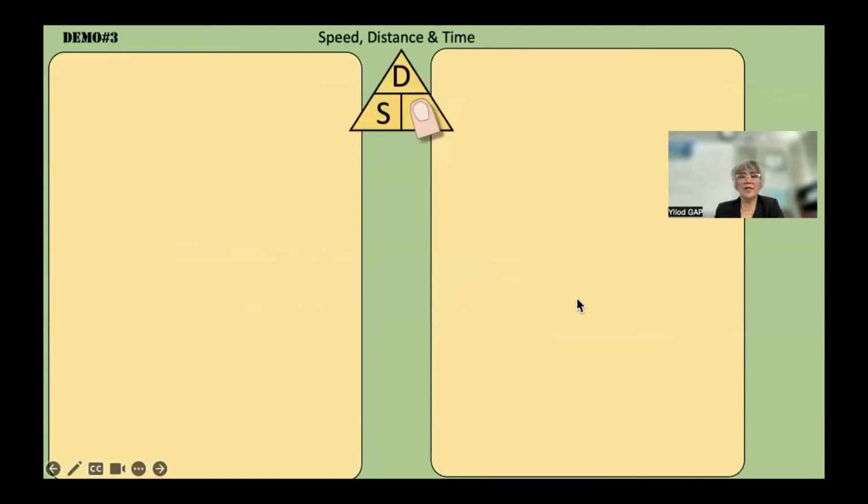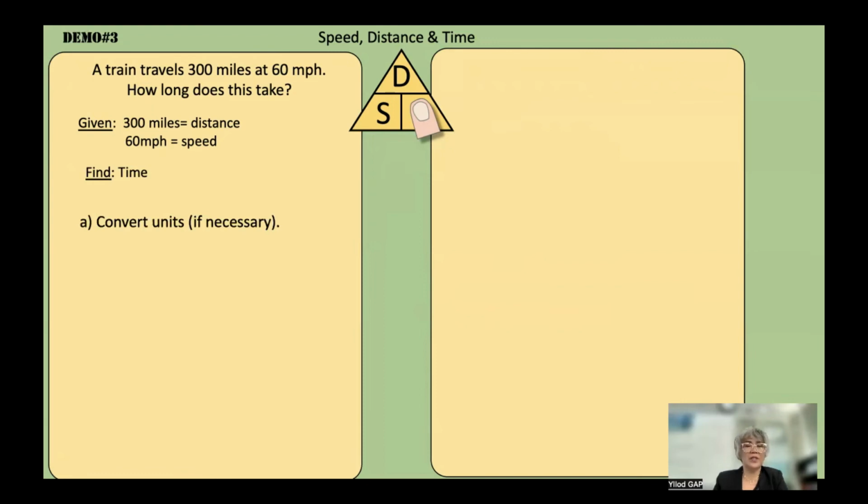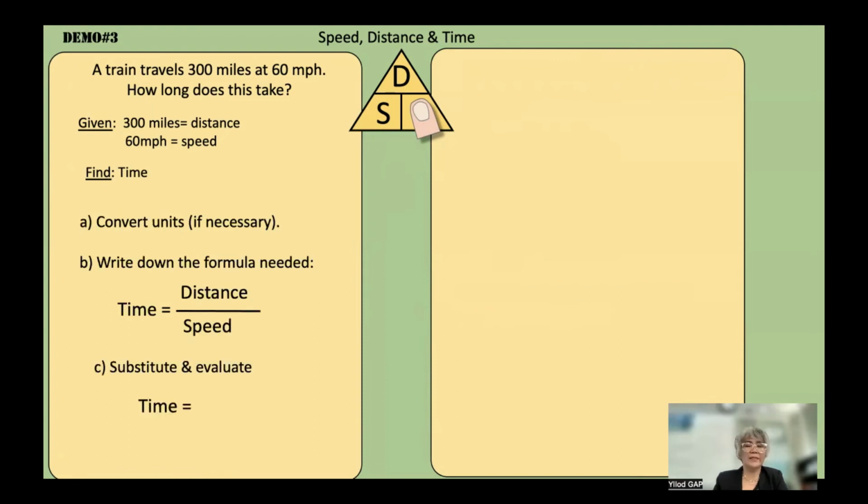So let's go for that. And we're looking for time. Okay, so a train travels 300 miles at 60 miles per hour. How long? So how long would mean the time. All right, given again, you have to list them down because as I have said earlier, that is very important. Okay, so find the time, check your units, then write down the formula, and then substitute and